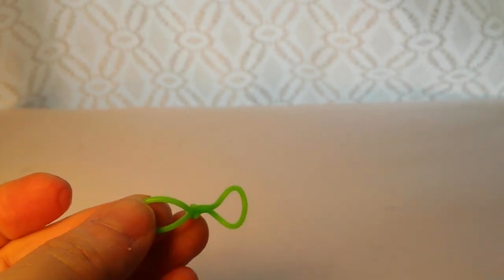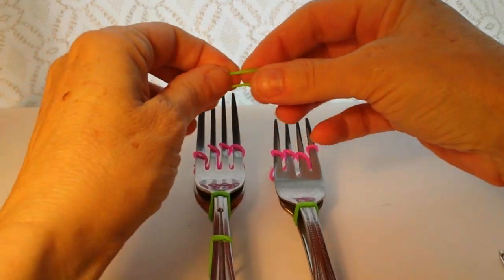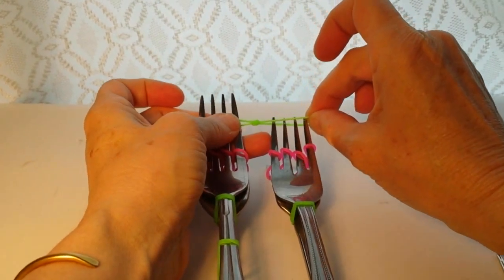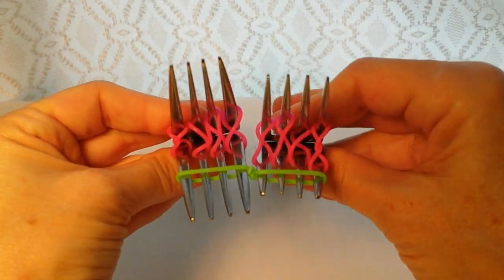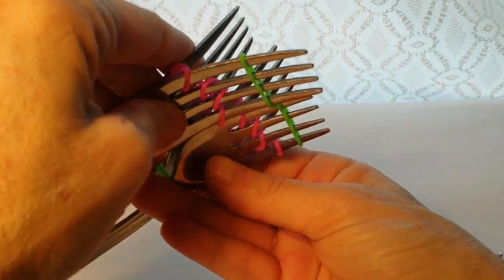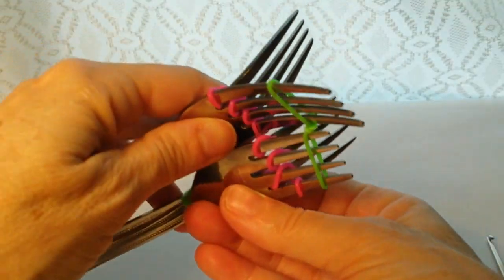Now you're going to take these and wrap them around your forks. One is going around this fork, and one is going around the top part of this fork. Let me bring them up so you can see how I put them on. They're only around the 4 tines of one side. Okay? And as you can see, they're locked in the middle. Okay. From here,